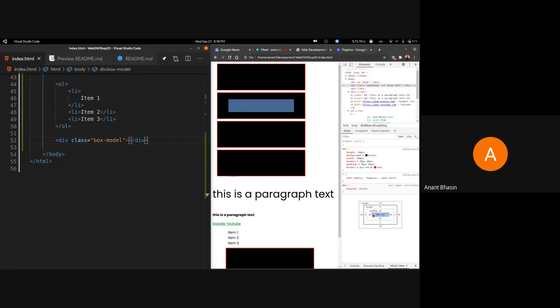Again, as you can see, the div itself takes a space of 300 by 60. The padding is the space which we want. So consider it like this. So we have an article page. Now in the article page, we do not want the text to be touching the corners or touching the sides. So it should be some space away from the sides. So that's why we give the padding. So it's like cushioning, right?